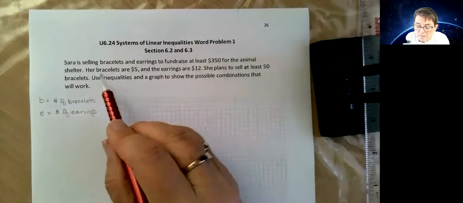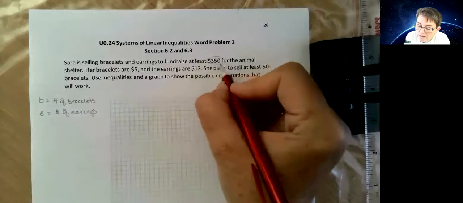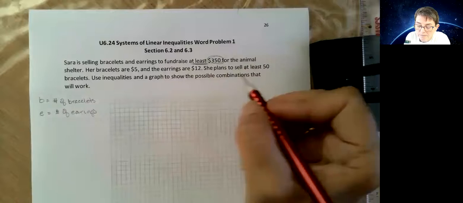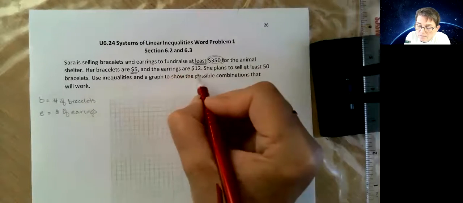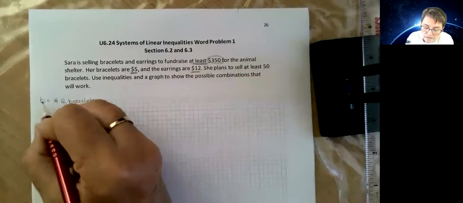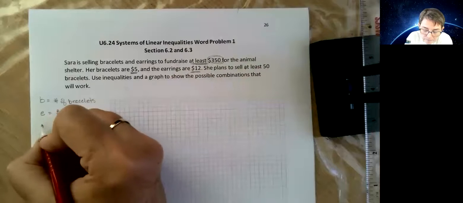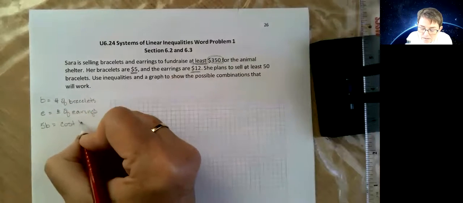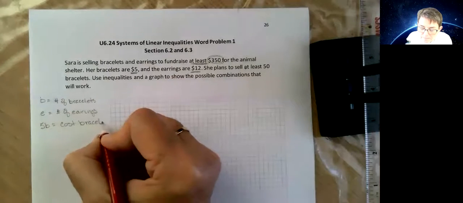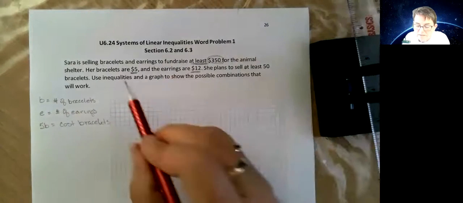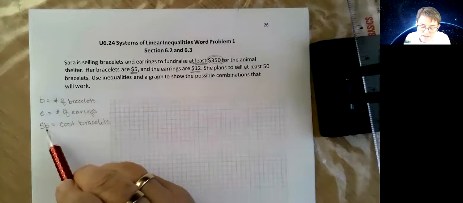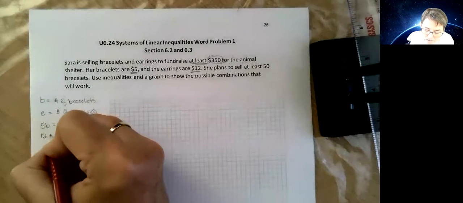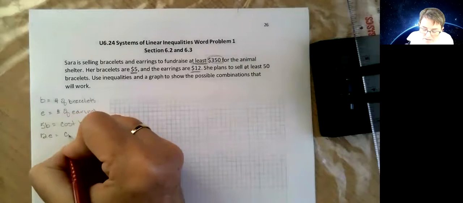All right, so it's all about the money. So we've got at least 350. Remember, more than 350 is good. Let's figure out what she's doing here. For every bracelet, because each one is $5, 5 times the number of bracelets is going to get how much she makes off bracelets, and 12 times earrings is